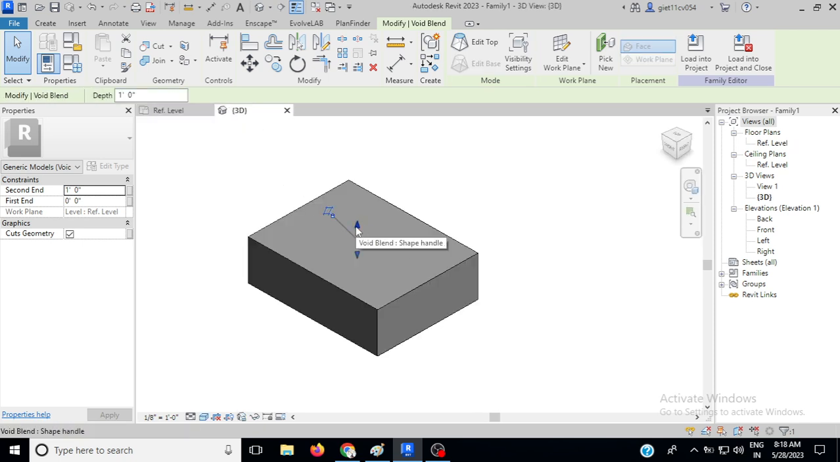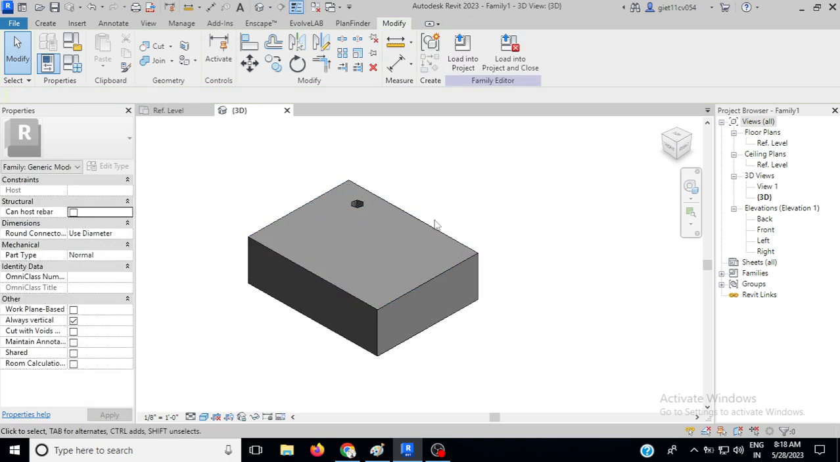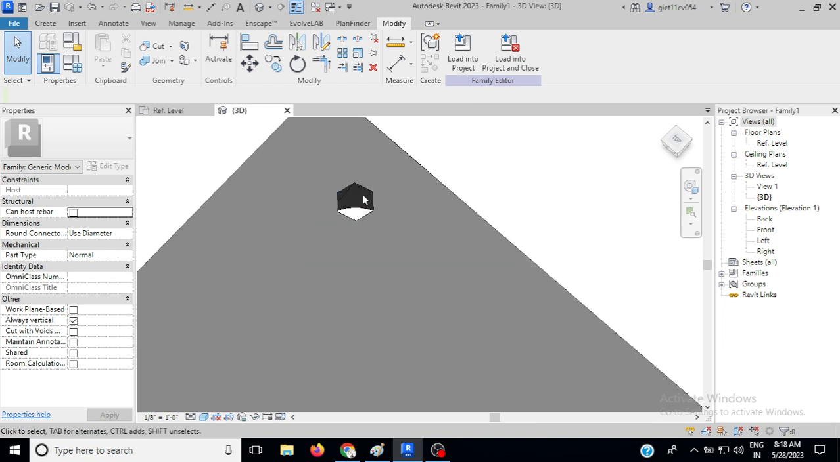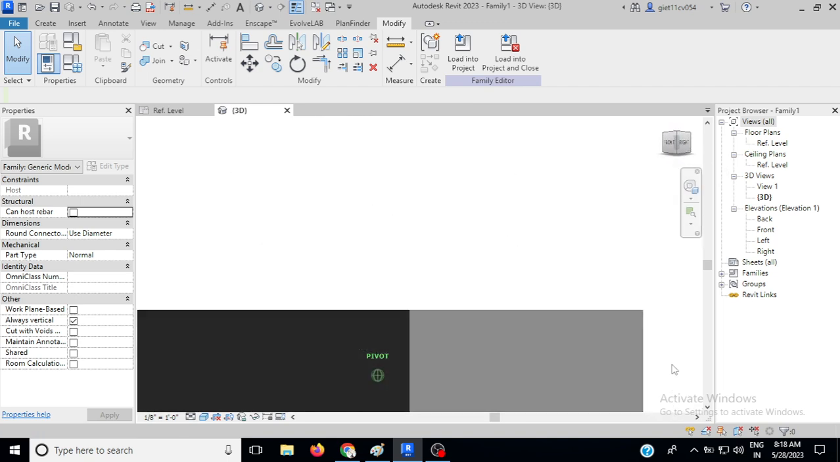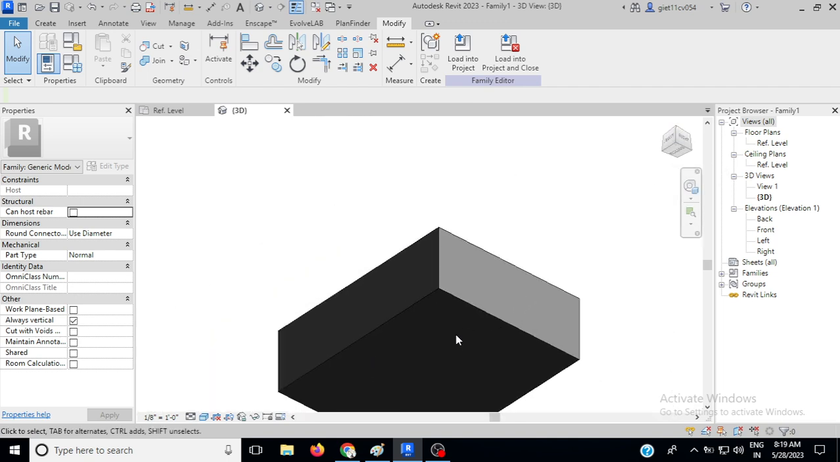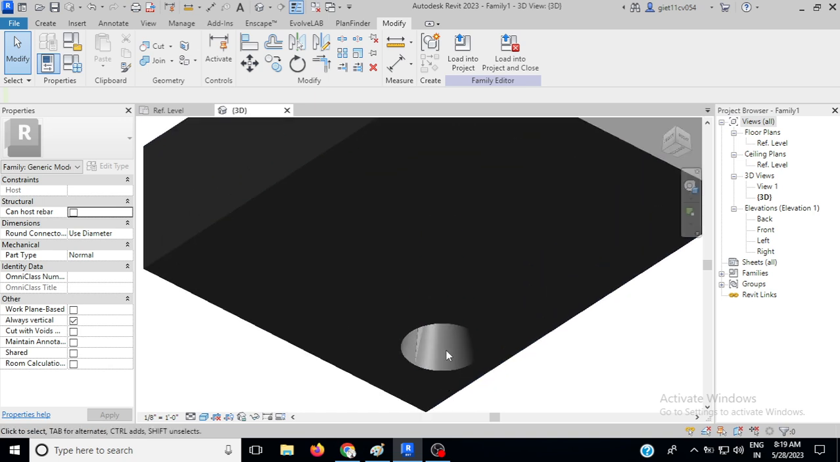Now you can adjust this one. Suppose you want to bring it a little bit. So you can see here on the top its polygon shape is there, but on the bottom side you will see a circle. Okay,